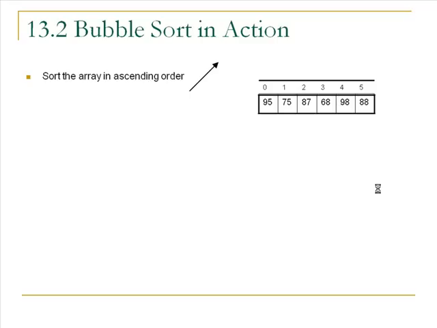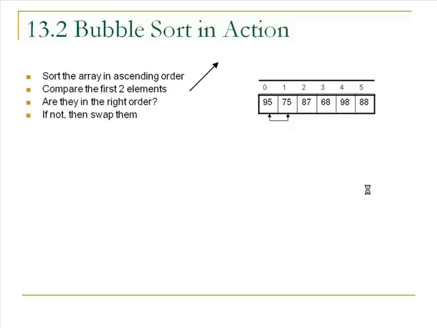So let's look at the bubble sort algorithm in action before we even begin to think about the code. I drew this arrow to indicate that we're going to sort it going up in ascending order, and we have some numbers in an array that are not sorted. The first thing we're going to do is compare the first two elements in the array, 95 and 75, and we'll say, are they in the right order? And if they're not, then we'll swap them. And these two numbers are not in the right order for an ascending sort,